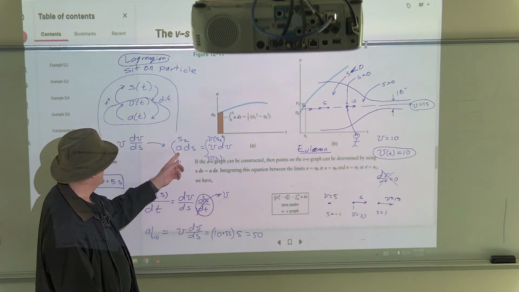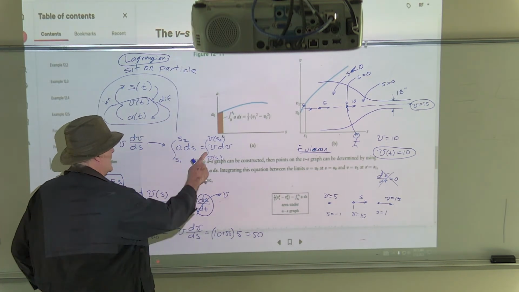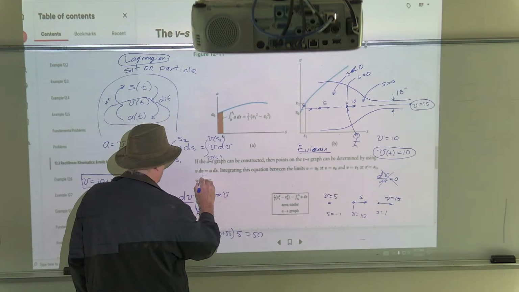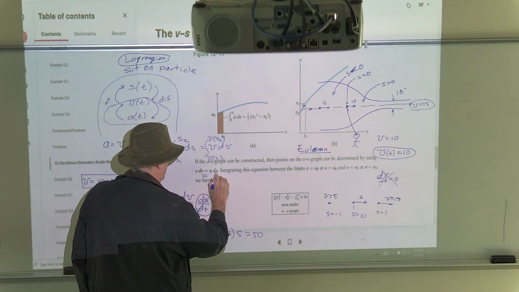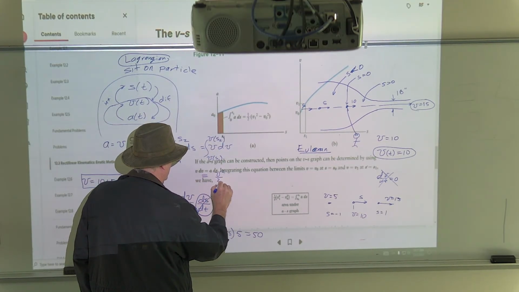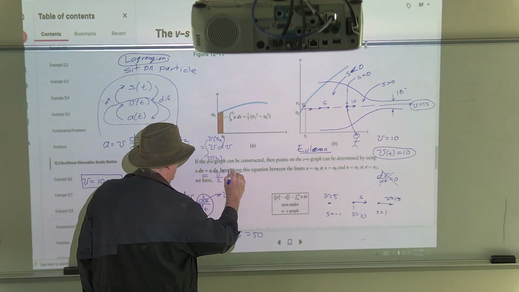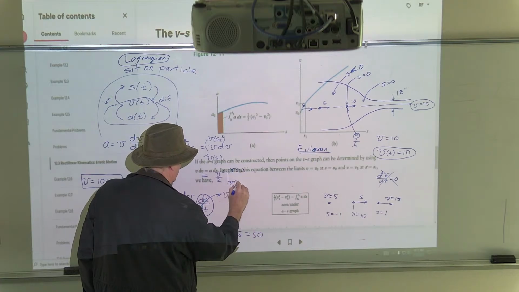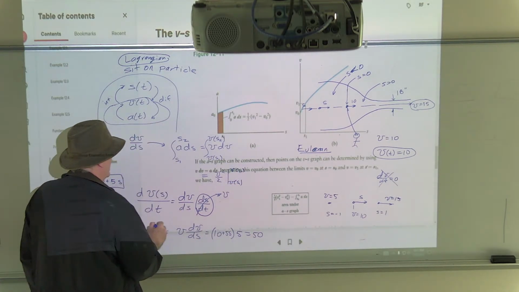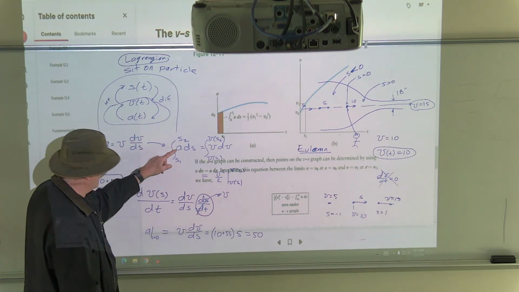But if I stuck that in, what I'd end up with on the other side is v squared over 2 evaluated at velocity at S2 and velocity at S1. And if I put in a 50,